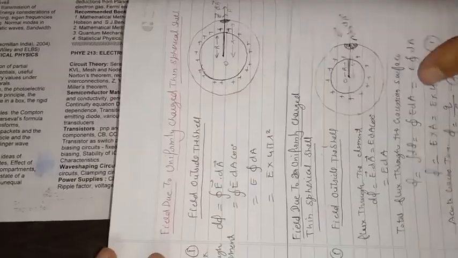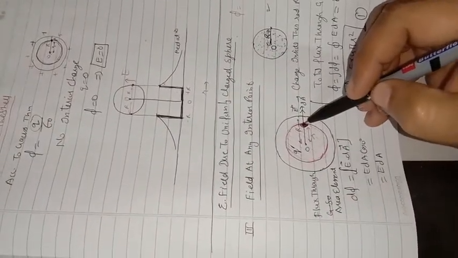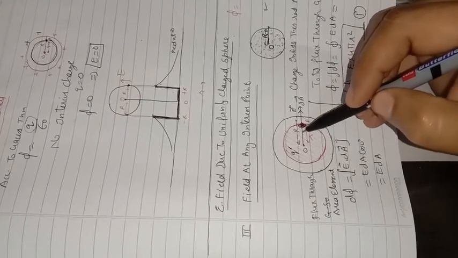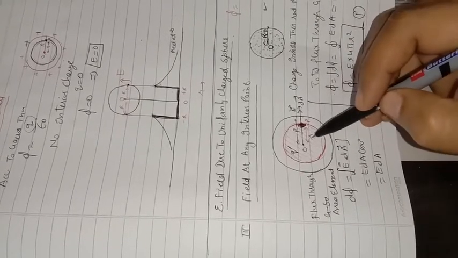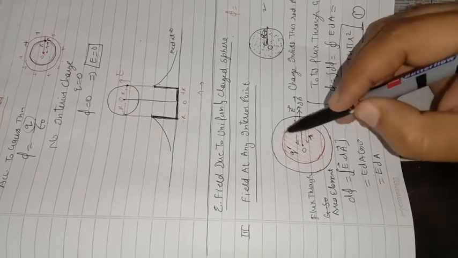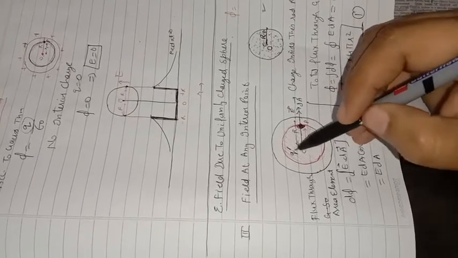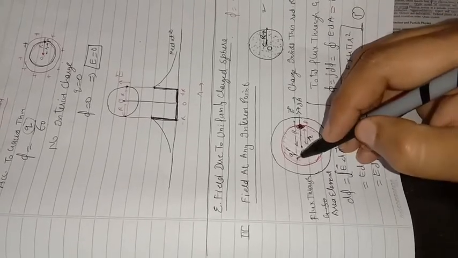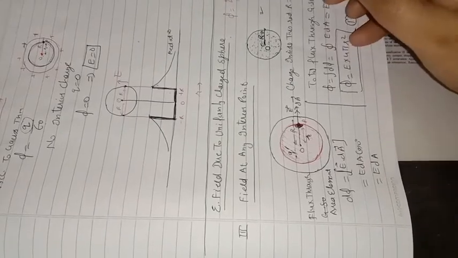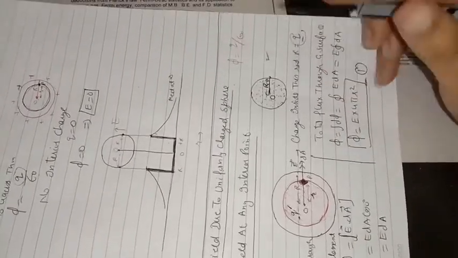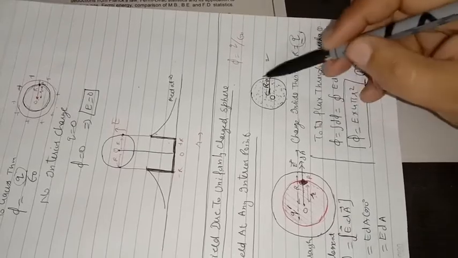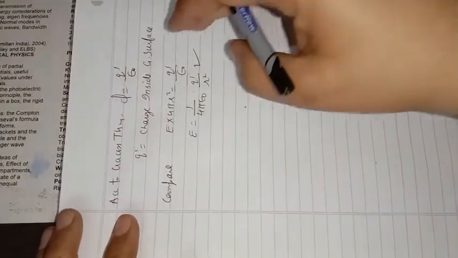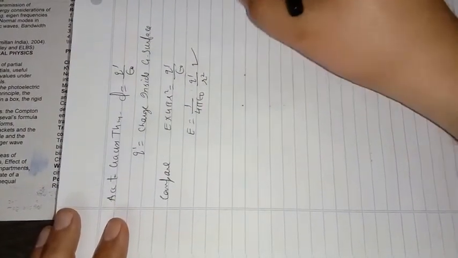Reason being, if you change the location of the observation point, you bring it closer to the O or make it away from the O, as this r value changes, the volume of the Gaussian surface changes, so the magnitude of q dash also changes. So we need to express the final expression not in terms of q dash, but in terms of this total charge q, which is present in the full volume of the sphere. In order to do that, we are going to make use of the volume charge density.